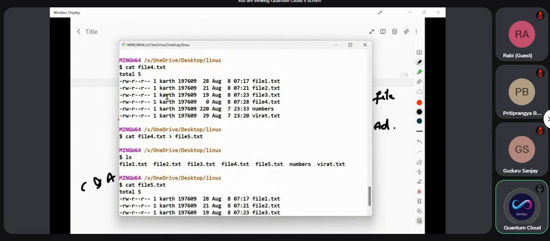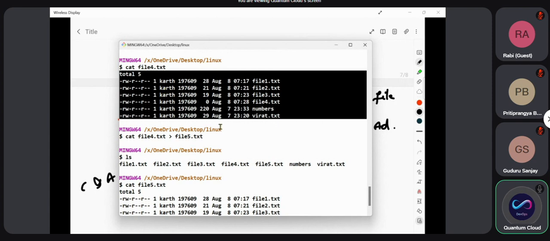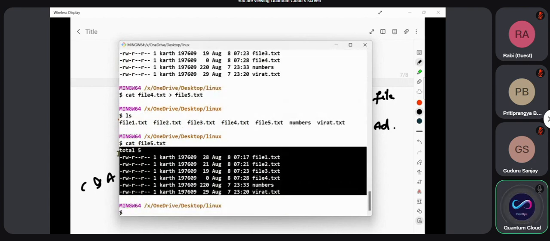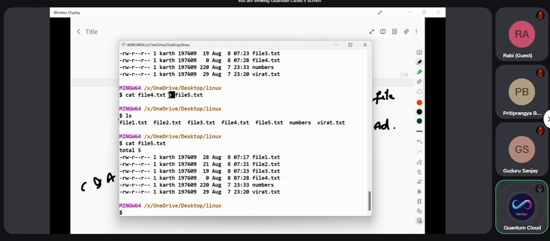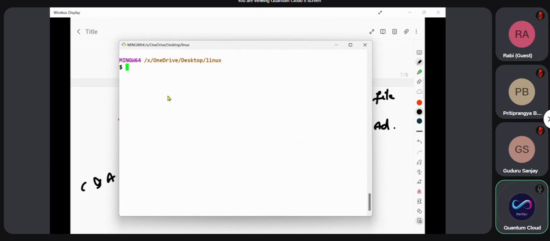This was the content, file 4 having the same content. I'm just copying the same content to file 5. In this way also you can use cat. And if I just replace file 5, right? Cat file,